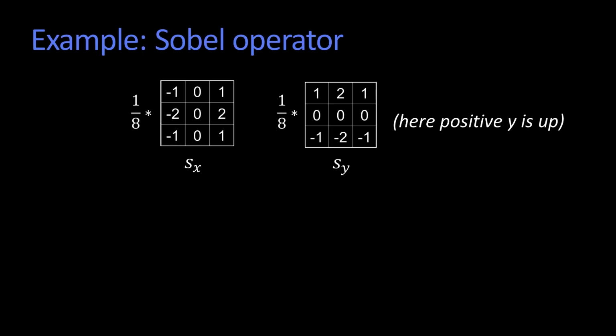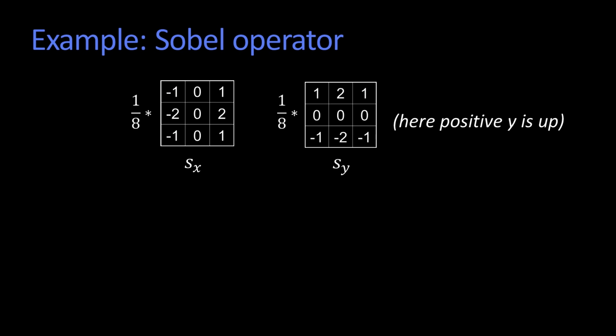People have been doing derivatives and edges for a very long time. The most classic one is referred to as the Sobel operator, named after, I have no idea, some guy named Sobel. And the Sobel operator looks just like what I was showing you, but instead of 1/2 and minus 1/2, it's got this weird thing where it's doing these eighths. You can see that it does not only +2 -2, which you would then divide by 4 and get the same value, but it also does a +1 -1 on the row above me, and a +1 -1 on the row below me.